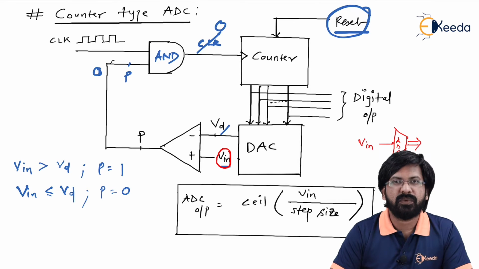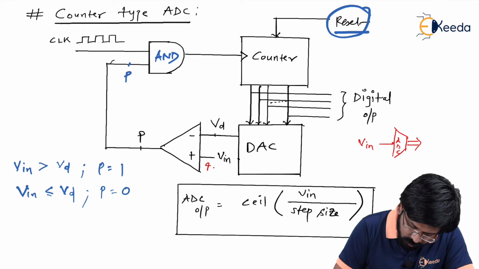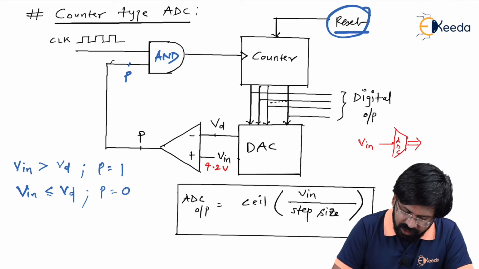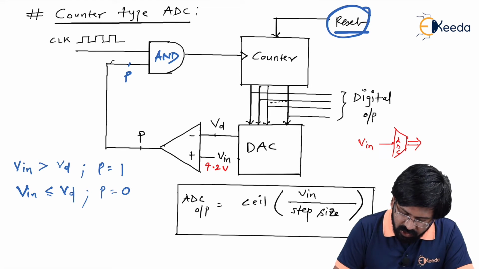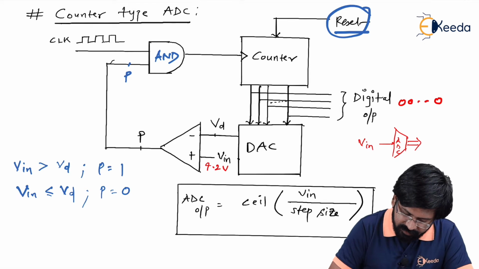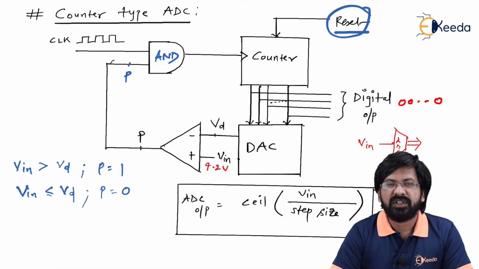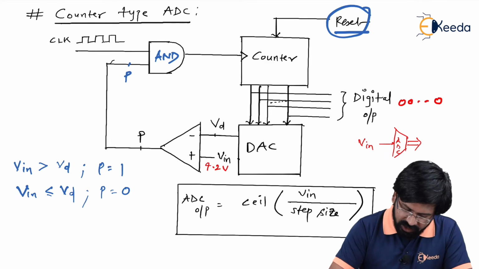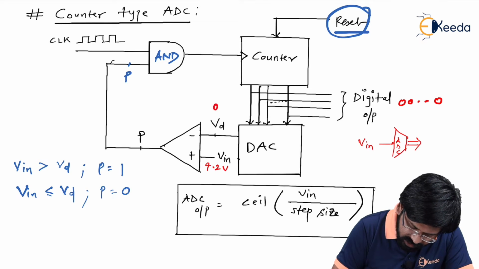For that purpose, I have to take some example of a Vin value. Let us consider the value of Vin is, let's say, 4.2 volt. Fine. Now what is going to happen? Initially, with the help of reset, the counter value is set to all zeros. So the digital output you are supposed to get is all zeros, or you can say it is all binary zeros. It is taken by the DAC. What does DAC stand for? Digital to analog converter, which takes digital data as input and gives you voltage as output. Therefore, let us assume that in response to all zeros as input, Vd is now equal to 0 volt.